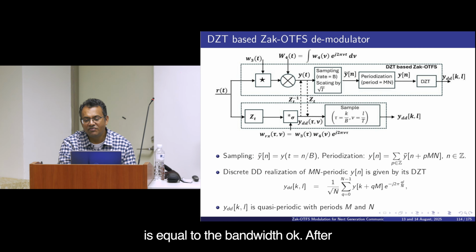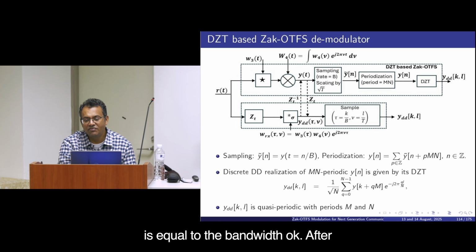This mathematical definition defines y_dd[k,l] for k from minus infinity to plus infinity, l from minus infinity to plus infinity. But in your receiver, you can't calculate all those, right. So, what do you do at your receiver? Exactly, k from 0 to M minus 1, l from 0 to N minus 1, and the